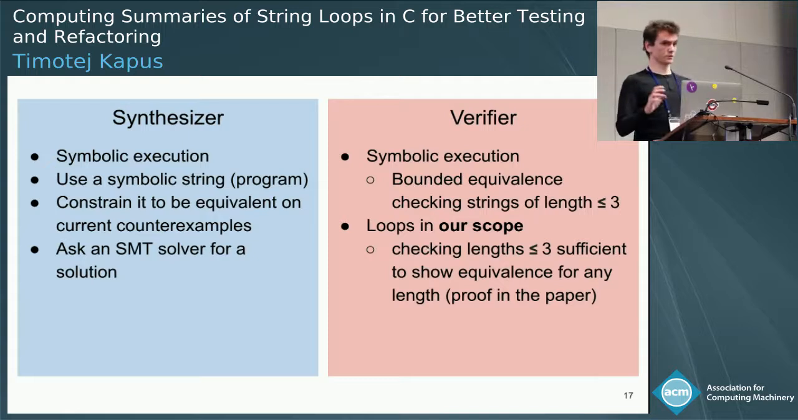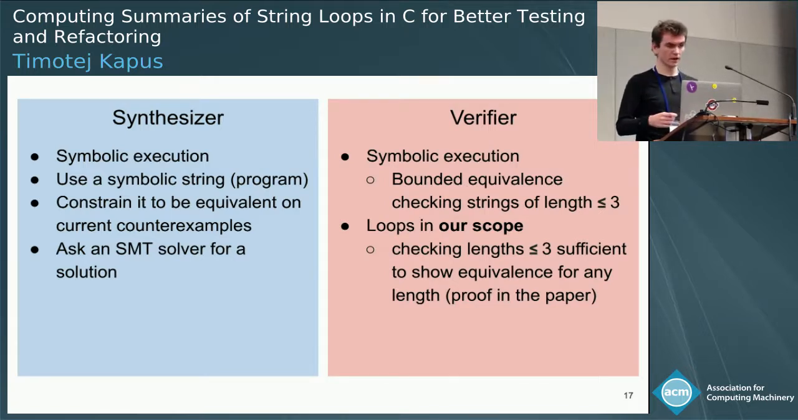To briefly talk about what we used for this synthesizer and verifier, they're both symbolic execution. For the synthesizer, we use a symbolic string, which is essentially a symbolic program, and constrain it to be equivalent on all the current concrete counterexamples. And then we ask an SMT solver for a solution. On the verifier side, we have a concrete program, but we have symbolic inputs, and they're bounded to be of length 3. So we basically do a bounded check up to length 3 of our